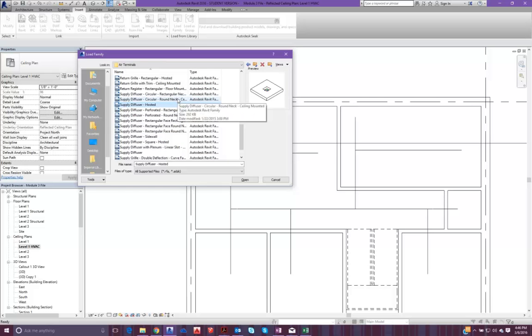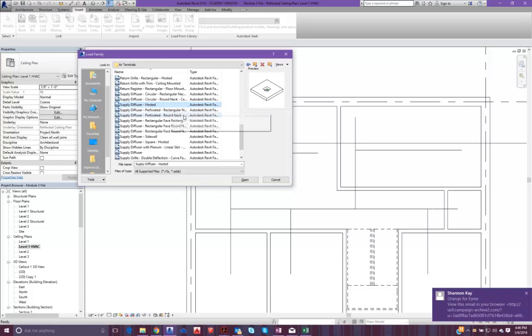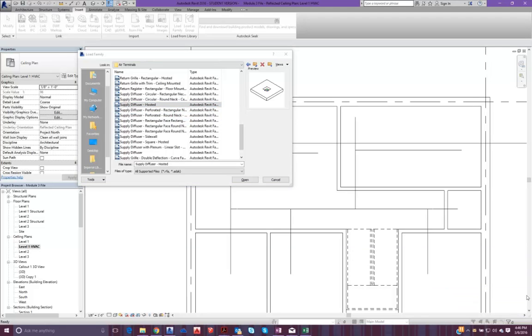Let's see here. We want a circular neck, because what will happen when we go to place this, it'll want to connect to the same kind of ductwork. So if we put a rectangular neck on there, it won't connect. So let's go ahead and go to round neck,